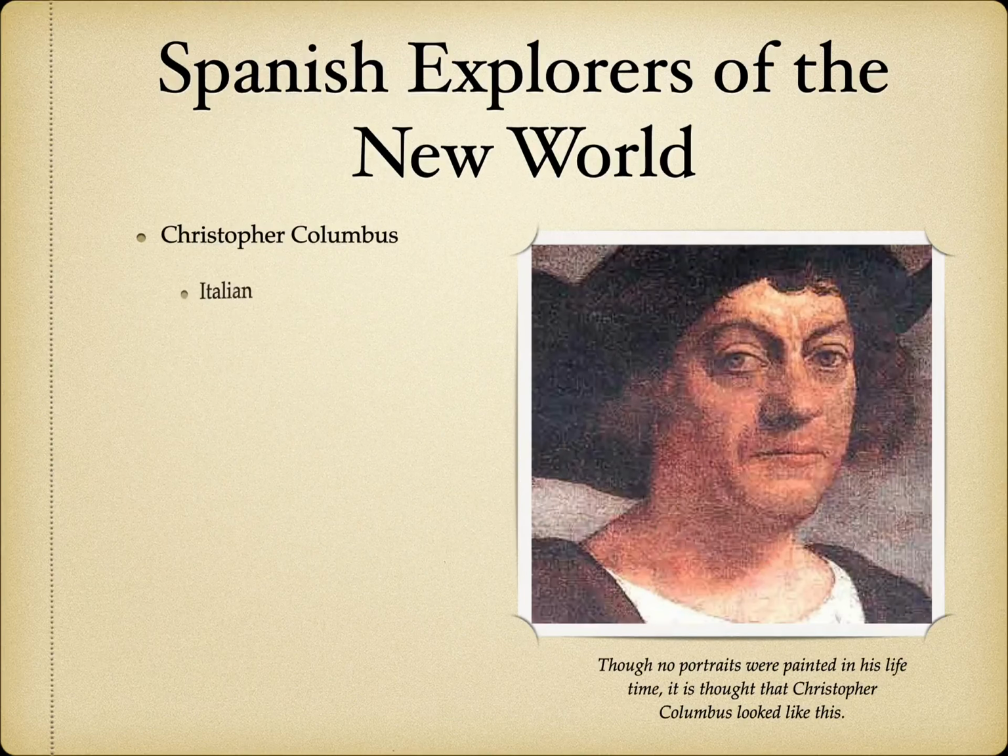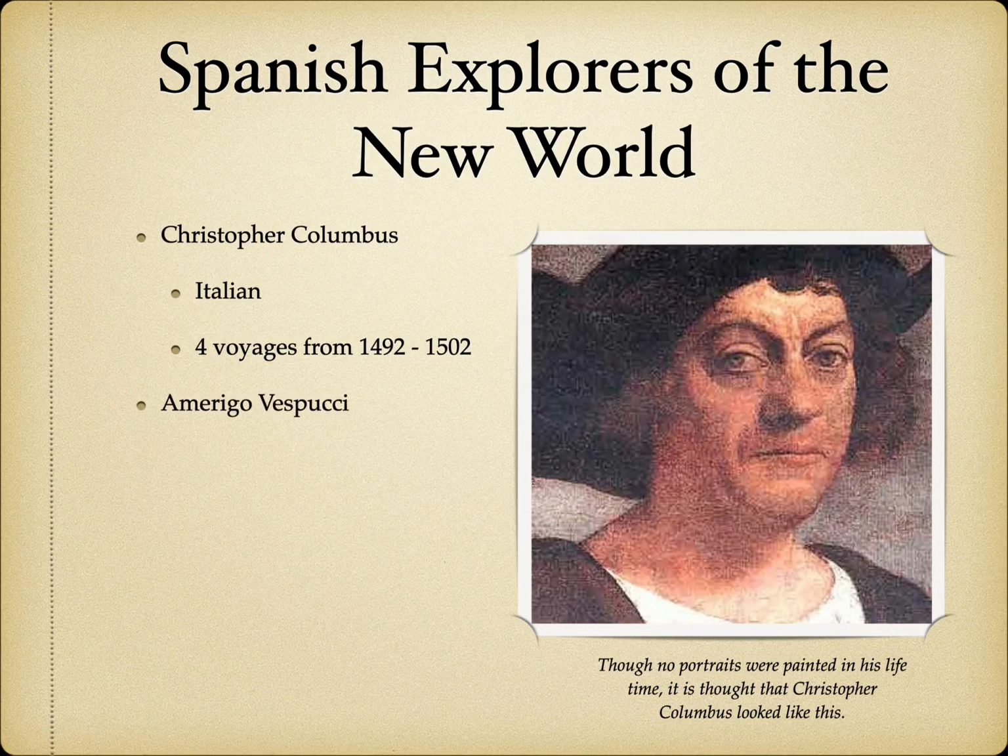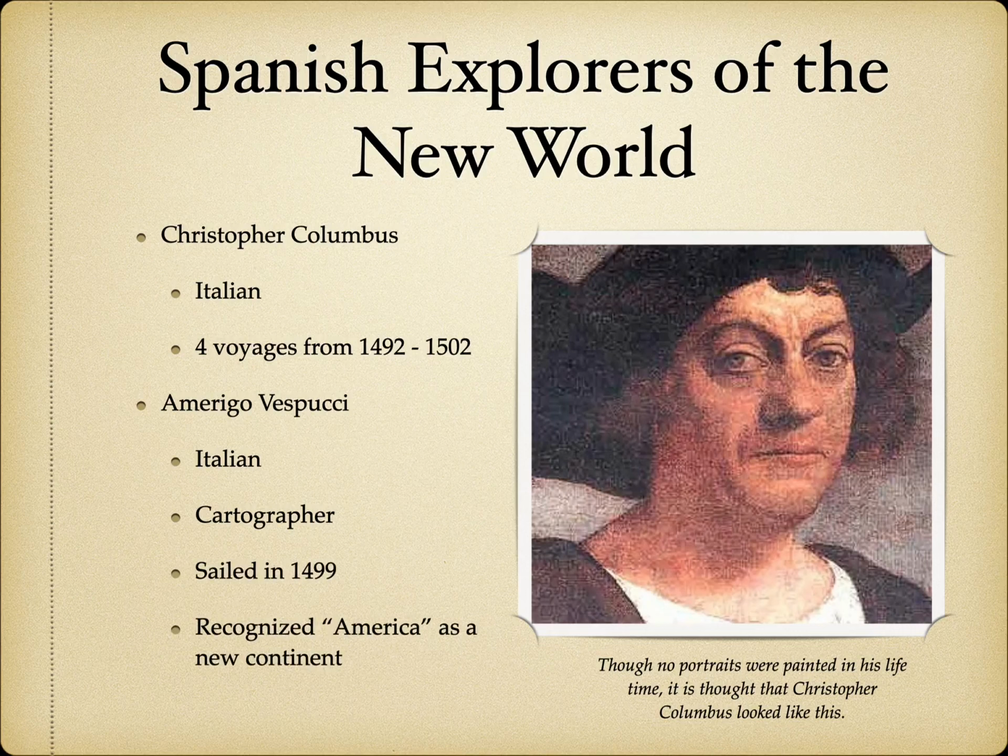So mentioning Columbus, again, we've already talked about this before, but he was an Italian, sails under the Spanish flag. He'll make 4 voyages from 1492 to 1502. He will then be followed by Amerigo Vespucci, another Italian who was a cartographer. If you're a cartographer, what does that mean? A map maker, good job, okay? He sails in 1499, and he is the guy who recognizes America as being a new continent, hence America North